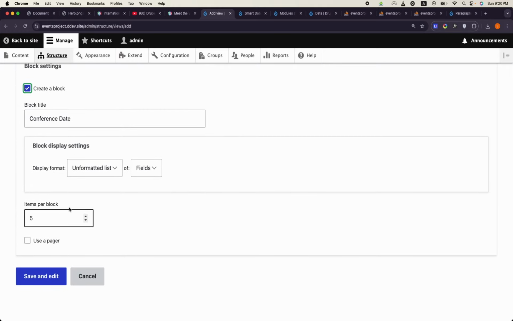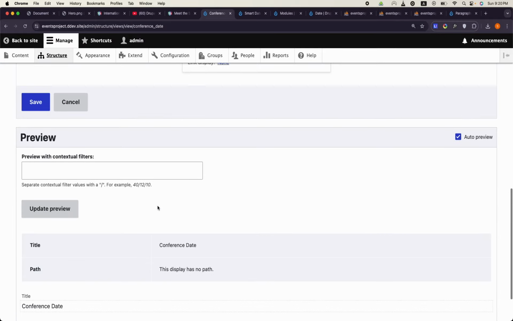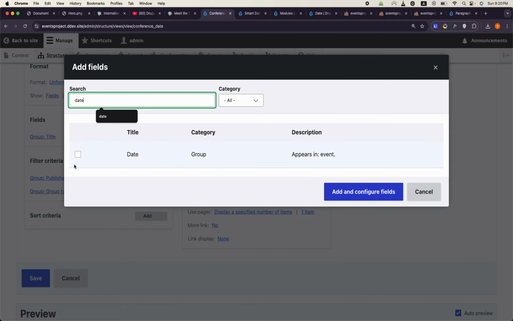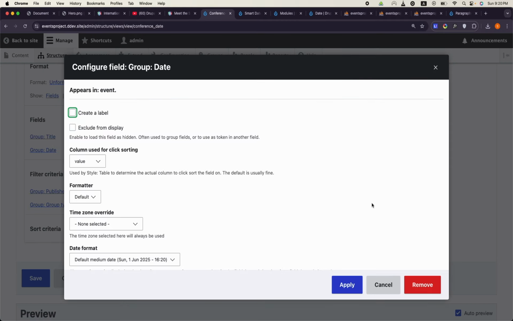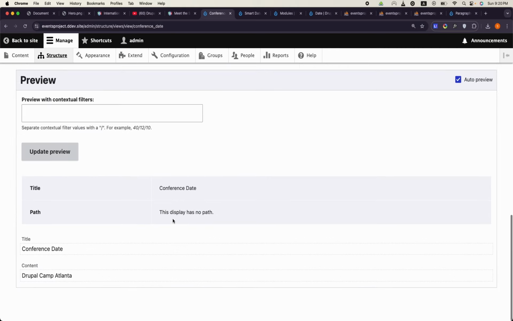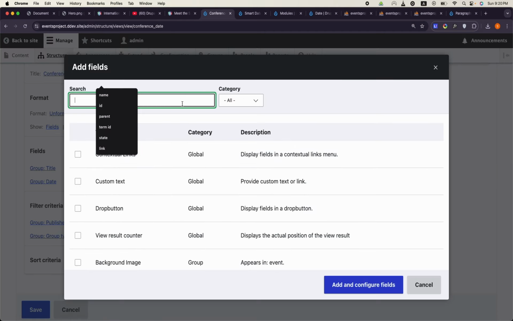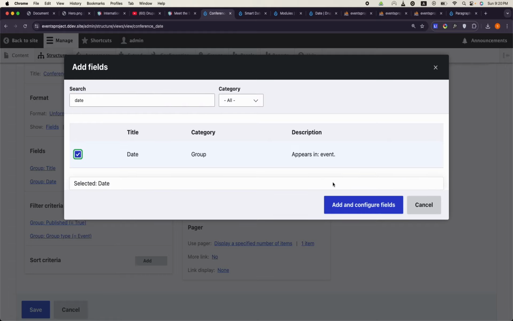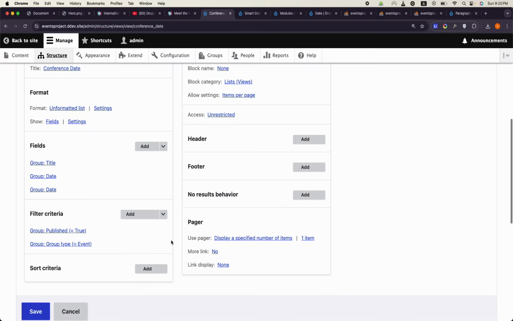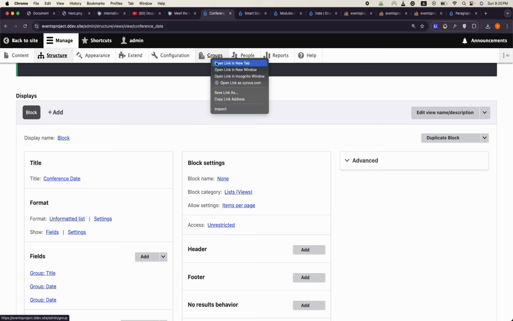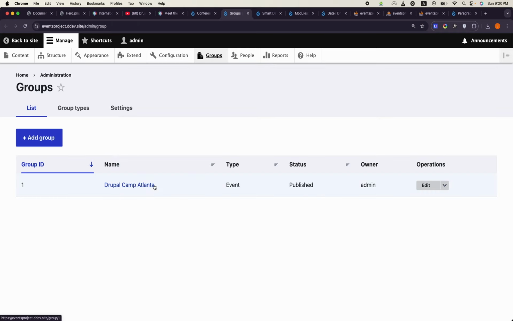and it again will be one record. Okay, so what do we need? Do we need title? No, we just need the date of the conference. For now I'll just choose the default. I think we have not yet added date, and I will have to add the date again for one more reason. I will show you why, and save. So I have added dates 2 times,